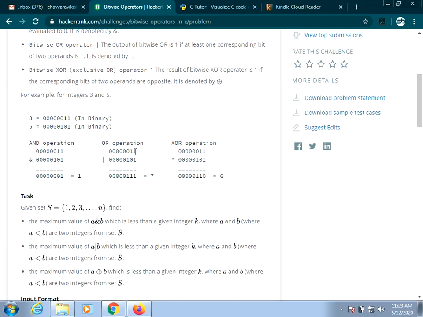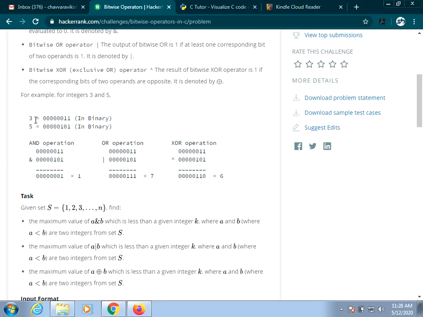In the OR operation, when at least one is 1, then it will be 1, otherwise it will be 0. In the exclusive OR operation, when the values are different, it will be 1, when the values are the same, it will be 0. And in the result we'll be getting the complete decimal representation of this one. We'll not be getting the result in binary, we'll be getting the result in decimal only.